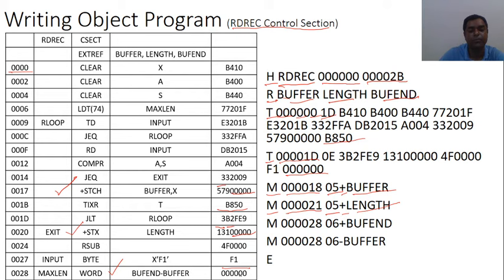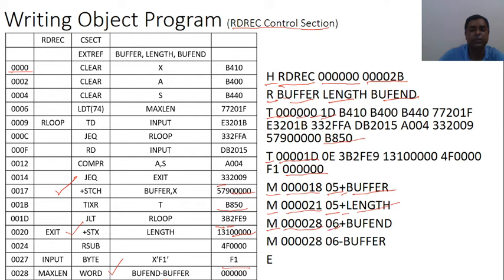You can see, because I had to change the whole value, the modification will be on 6 half bytes. And what will be the address of the modification? Because we had to change from the starting, what is the starting address here? 0028. So we have to perform the modification at 000028 address. And how many half bytes? 6 half bytes in all these.